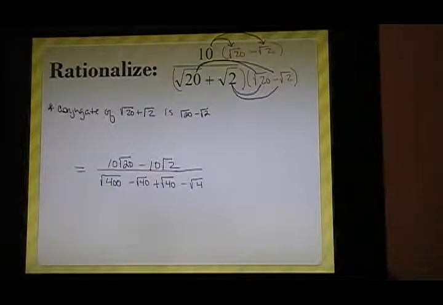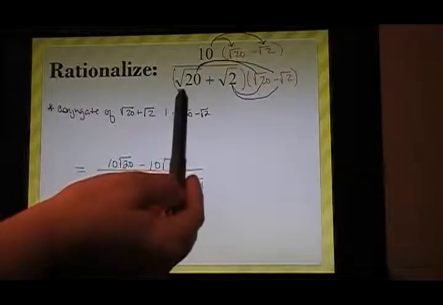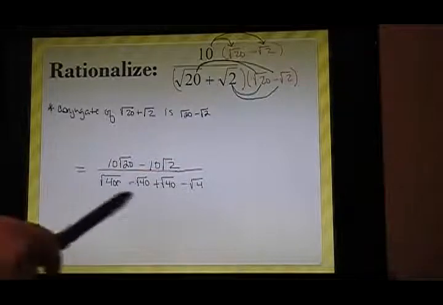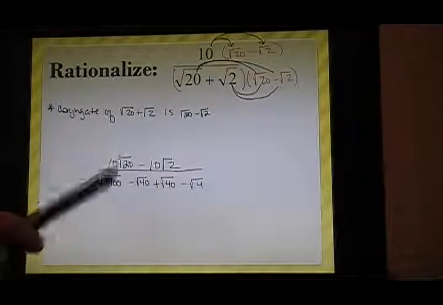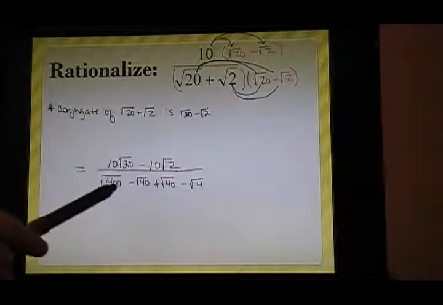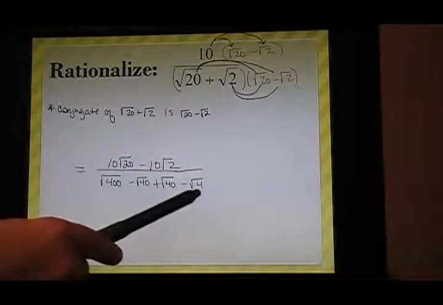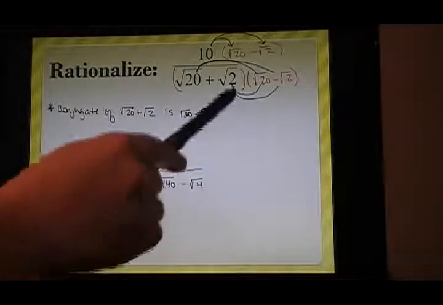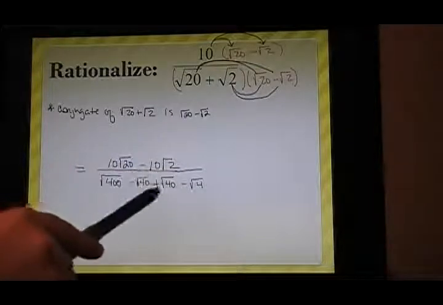Before we continue, I want to talk about why this works. Okay, so looking at what we have after we've multiplied this binomial by its conjugate, I have this. Root 20 times root 20 is the square root of 400, which is a perfect square. Root 2 times root 2, root 4, that's a perfect square. Inner plus outer, because I am multiplying with those opposite signs, I'm always going to get opposites, which add to